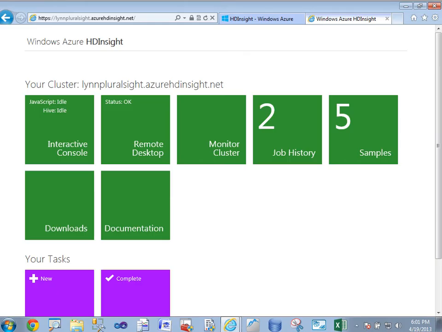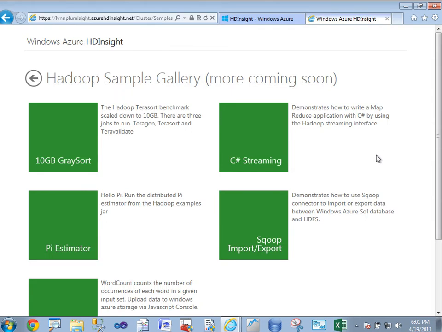In this demonstration, we're going to take a look at some other types of MapReduce jobs. A really great way to get started with this, if you do have access to the HD Insight distribution, is to just take a look at some of Microsoft's samples. They're pretty well written,